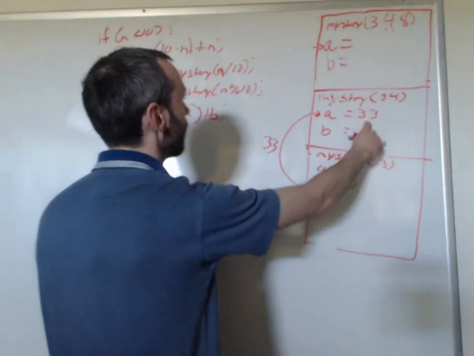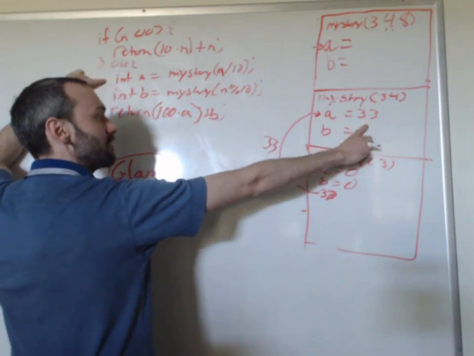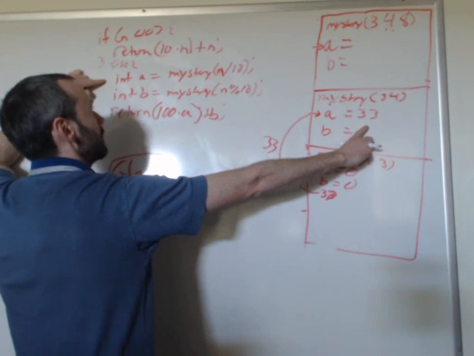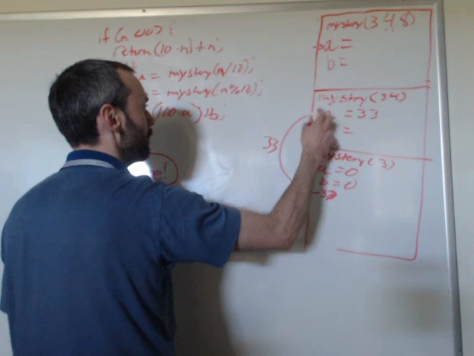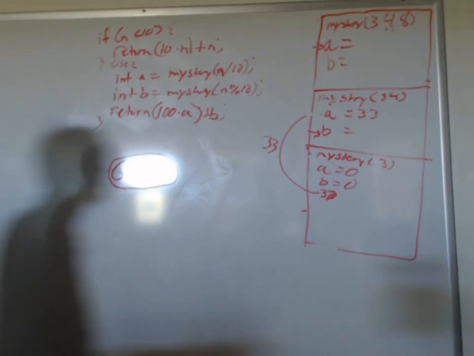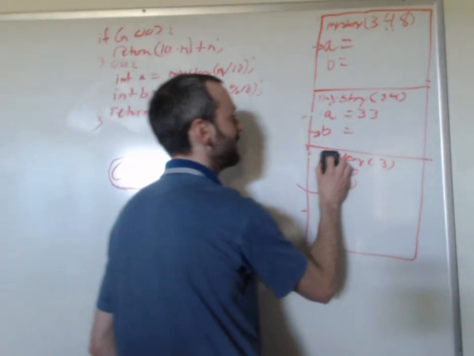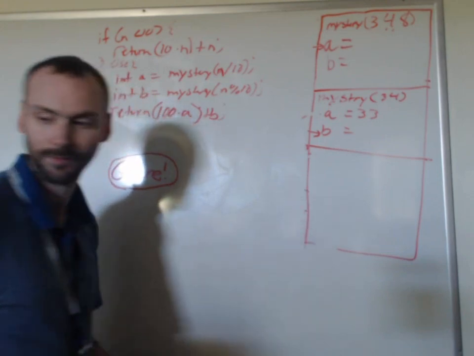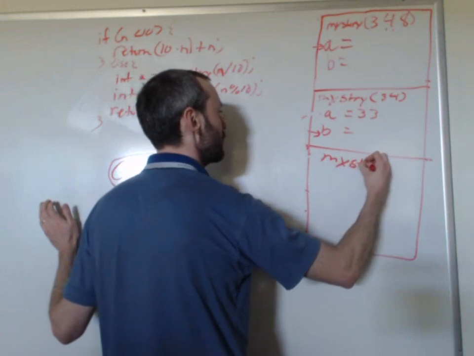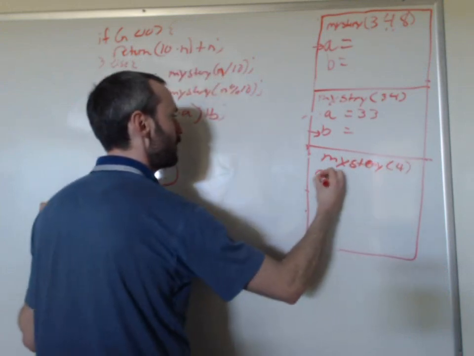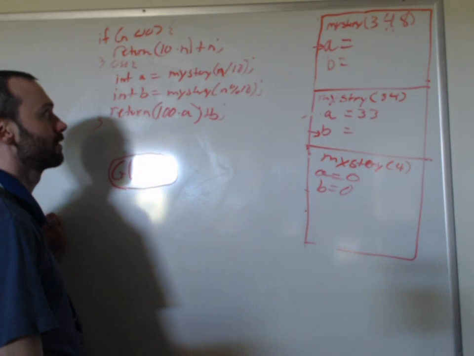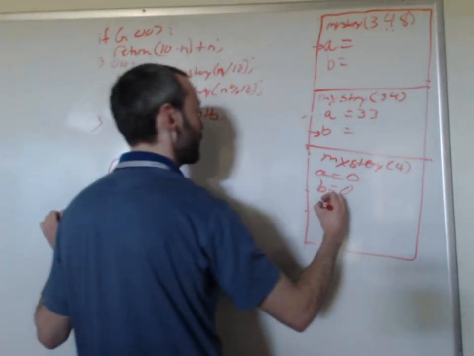We're at the call of 34. We just computed A equals mystery of n divided by 10. What do we need to do next? Calculate B. So now the point of execution is right here. Call mystery. Notice that this has been deallocated, so we just overwrite it. And we call mystery on what? Mystery on 4. A equals, I'll just say 0, B equals 0. What are we returning? 44, from this calculation up there.